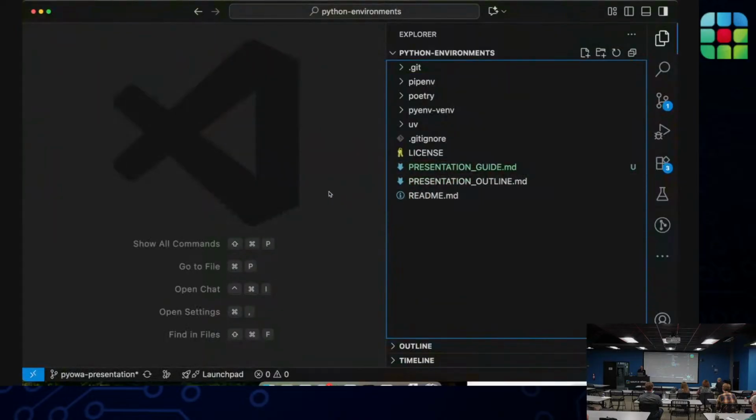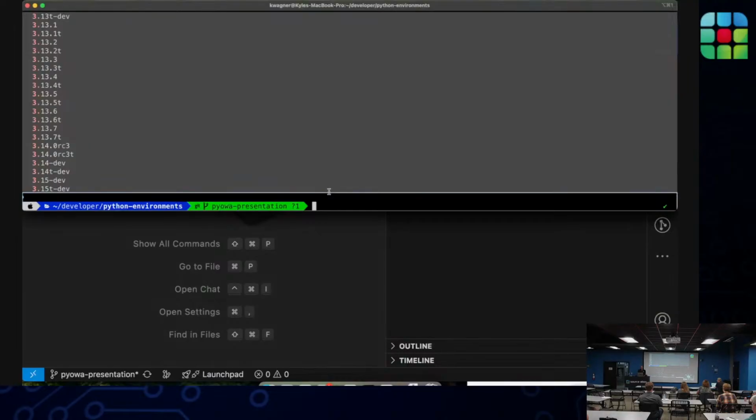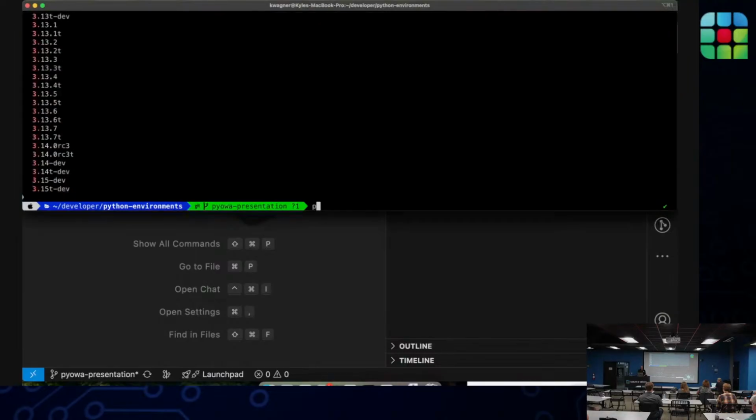Okay, so switching between versions is great, but it can be a little cumbersome if you have to manually do that all the time. So you can define a local version of Python that is local to the directory you're in, and I believe all subdirectories.